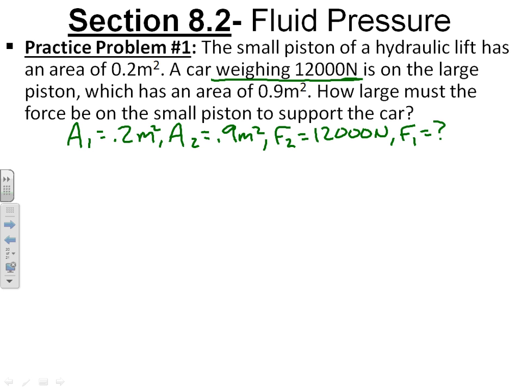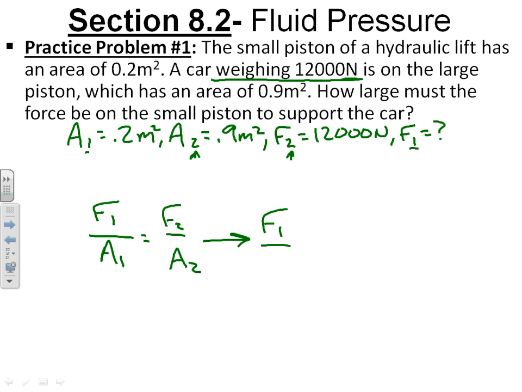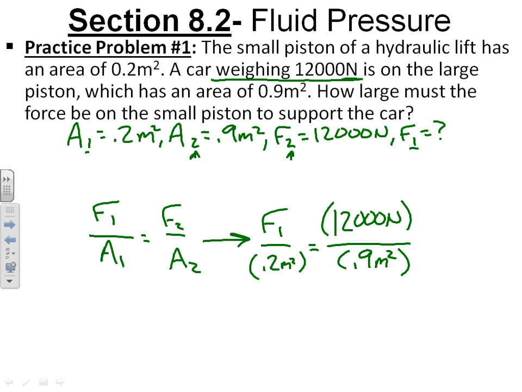So we just plug this into our ratio, make sure the 1s match up, and make sure the 2s match up when you line them up in your ratio. That's going to be the only tricky part with this. So force 1 is what we're looking for, over area 1, is equal to force 2 over area 2. Plug in the values we know. Force 1 is the unknown variable. Area 1 is 0.2 meters squared. Force 2 is the weight of the car. Again, you know it's a force because it's in newtons. And area 2 is 0.9 meters squared. Solve all that for F1,